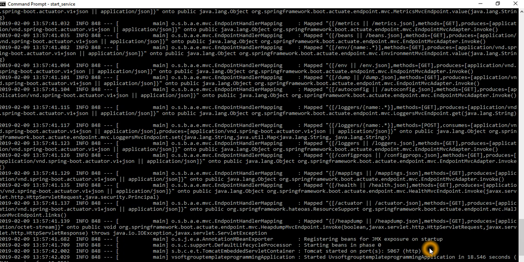Spring Boot and Spring is clever enough to do all the jobs for us. And then let's start our Postman. You need to start Postman, and when you do the Postman test,